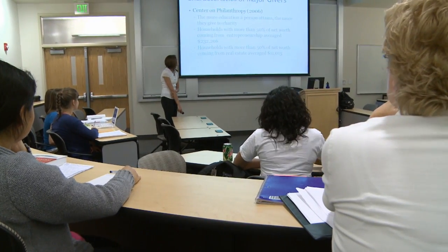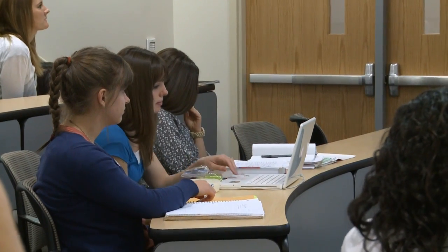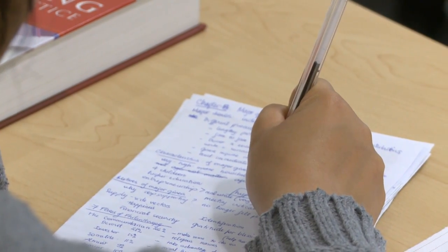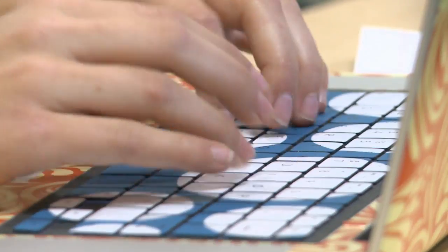When you walk into BYU's nonprofit fundraising class, you'll see students studying the ins and outs of raising money. They learn everything that goes into fundraising campaigns and how to manage them, and they get to do a special project. What you may not realize is that special project includes spending a number of hours organizing and meeting with nonprofits